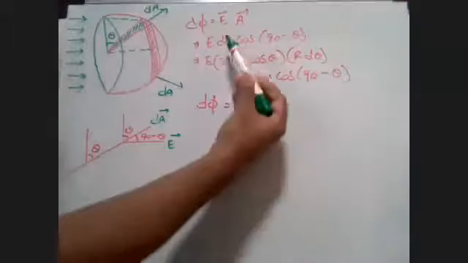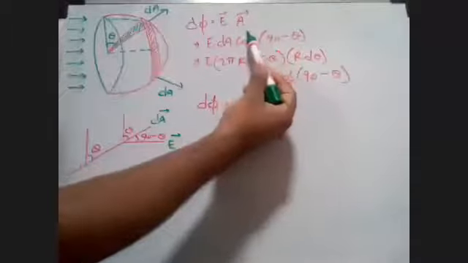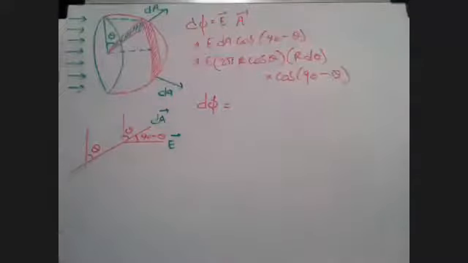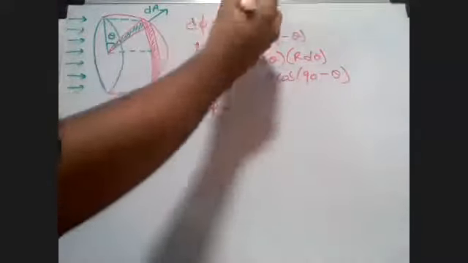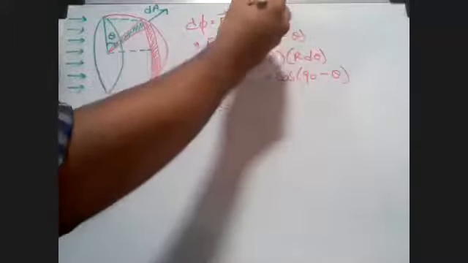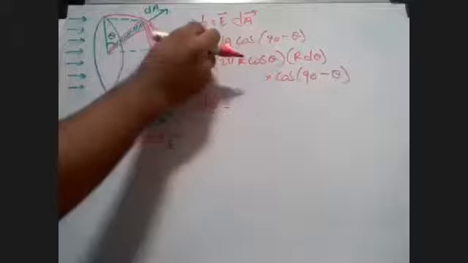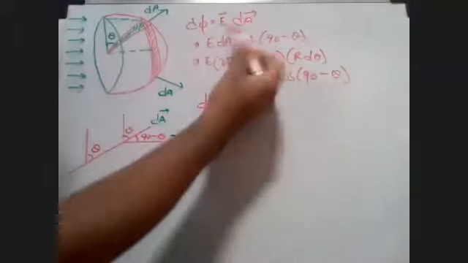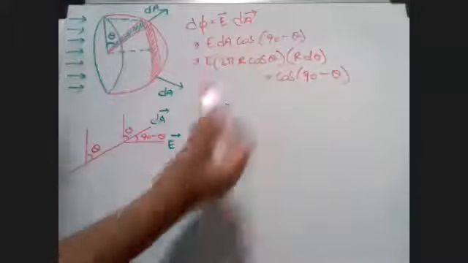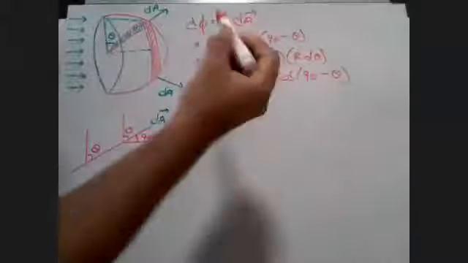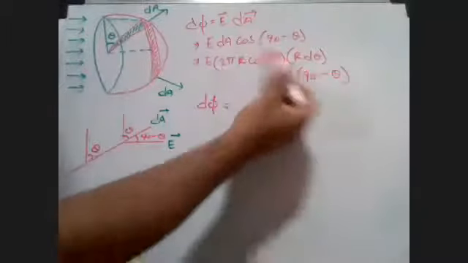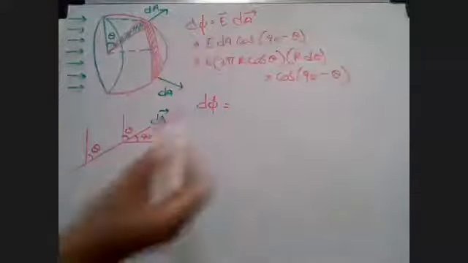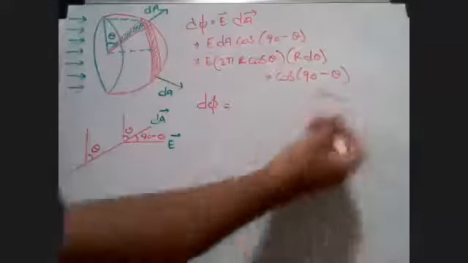So I simply wrote the equation that d phi is equal to the dot product of E and dA. Okay, wait, it's a small mistake. It should be dA, because a small amount of flux is the result of a small amount of area through which electric field lines are passing. And so if you open up the dot product, you're going to get E dA cos of the angle between them, that is 90 minus theta. And now dA is basically the circumference of the ring into the thickness of the ring, which is entirely the area of the ring. So E into 2 pi r cos theta into r d theta into cos 90 minus theta.